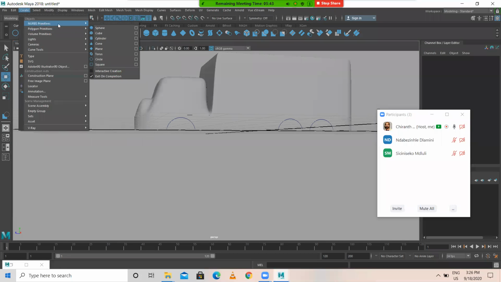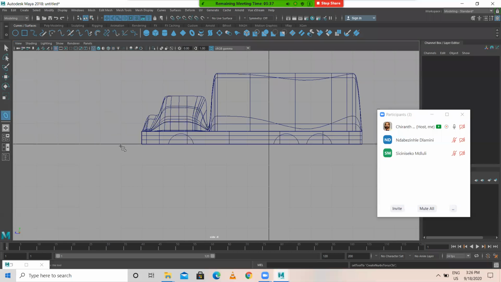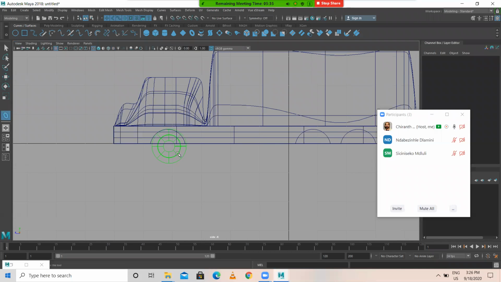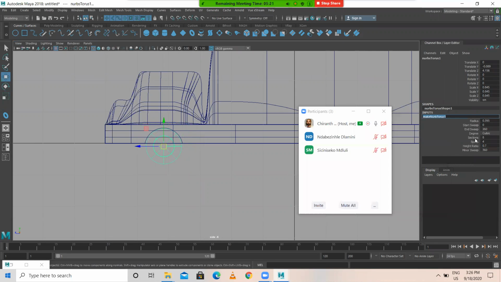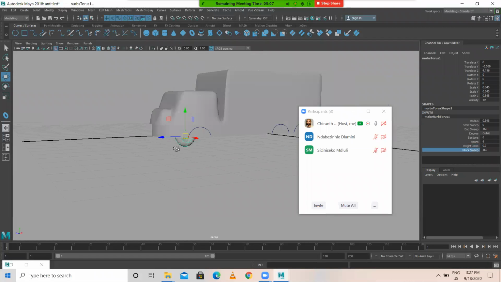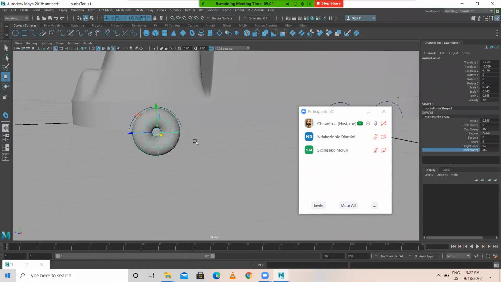Go to create nurbs primitive, switch on interactive creation so that when we create, it should come. Okay, just place it over here like this.